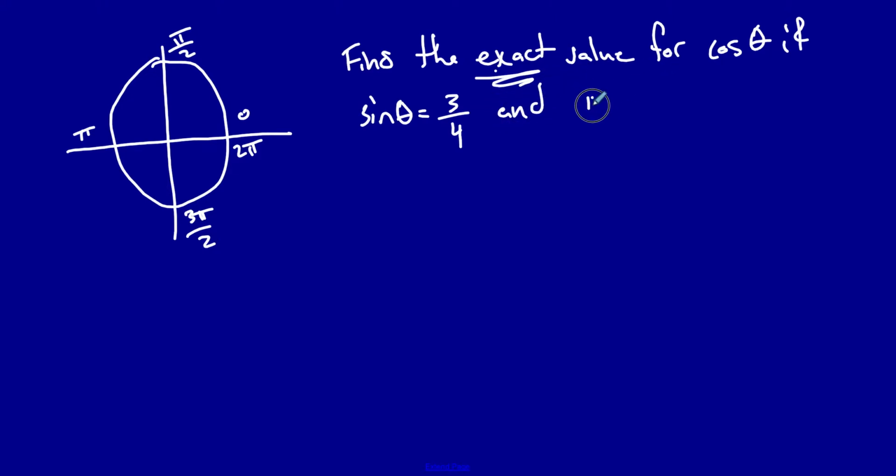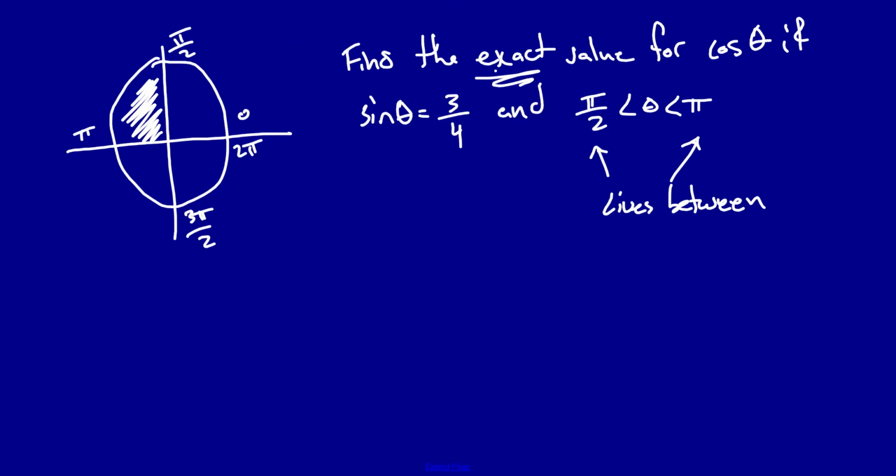So, and if the angle lives between pi over 2 and pi, right? So this is the angle, it lives between these two things. So the angle must be found in the quadrant between pi over 2 and pi. So I look over here and I say, well, between pi over 2 and pi is going to be in this quadrant right here, and I know that my sine is going to be